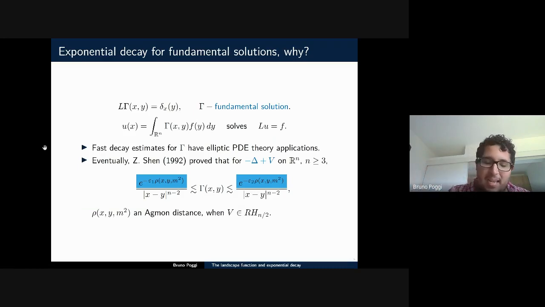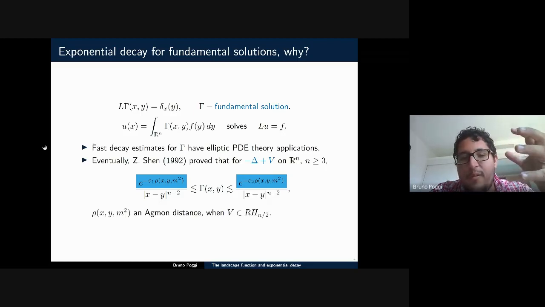Okay, so for that reason, the decay of the fundamental solution had been studied for a while to be able to establish Lp bounds for certain Riesz transforms. But then Michael Fries showed in 2 dimensions that the Green's function satisfies a certain exponential decay estimate. It was very, very high and sharp in some situations. So then in 1992, Songwei Shen went on to prove